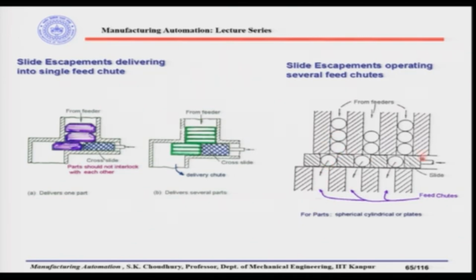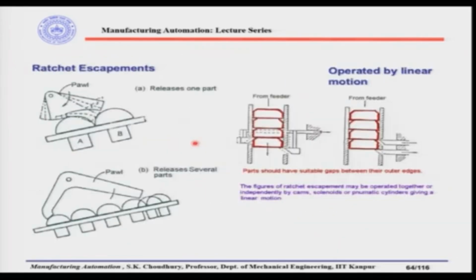So, this is the kind of mechanism which is used, called an escapement, to feed the parts from the feeder one by one, and all these others you have also seen. One point you can note down here, that when the parts are coming from the feeder and, with the help of these balls, being fed one by one,